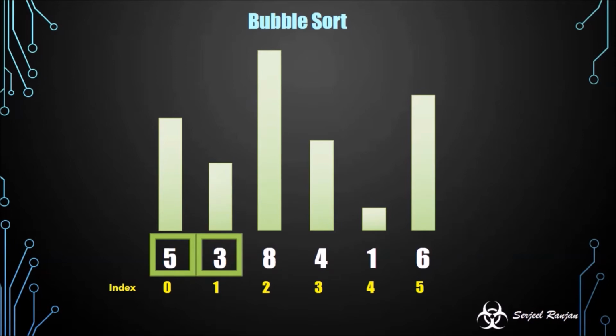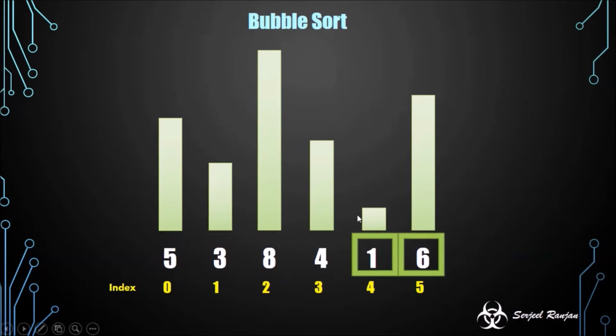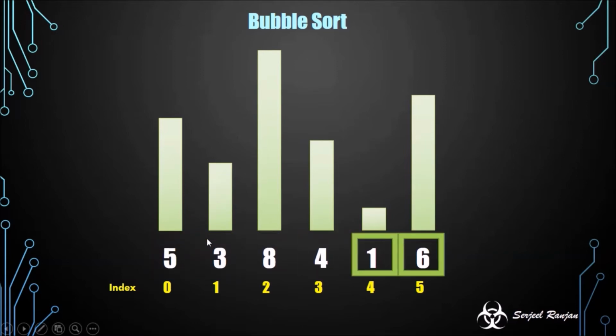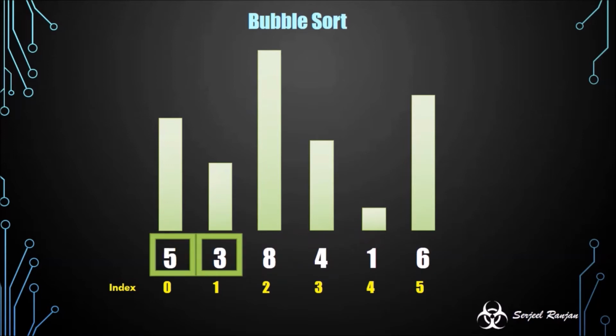I will also be using a window, which contains two numbers, and this window will be traveling from left to right like this. The purpose of this window is the basic operation that I explained earlier: if the first number is greater than the second number, then it will swap these two numbers. That is the only operation of this window, and it will be traveling throughout the array like shown here.